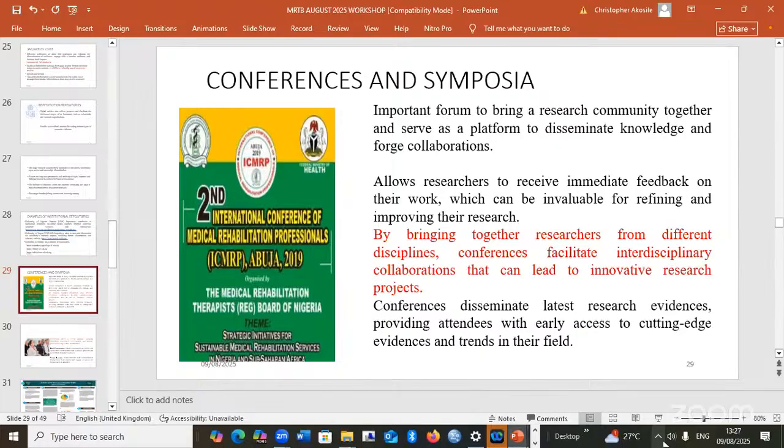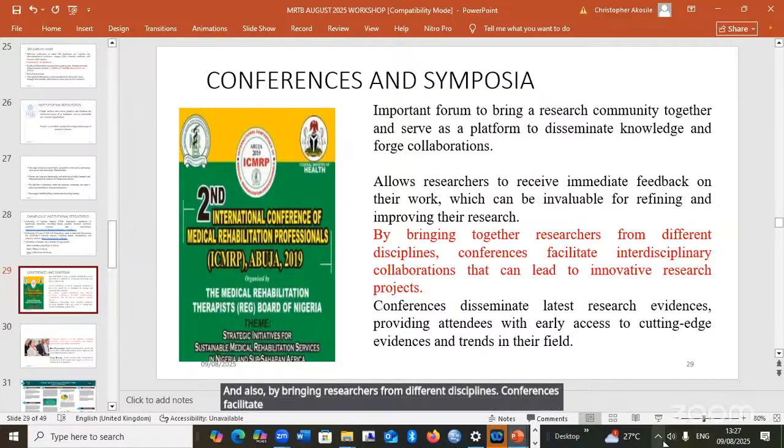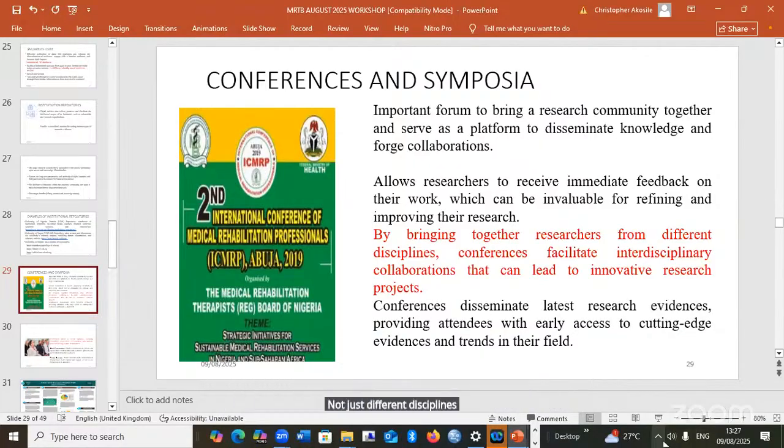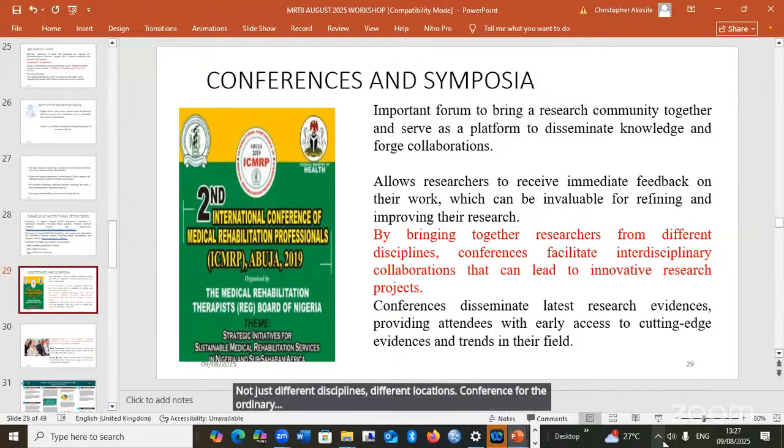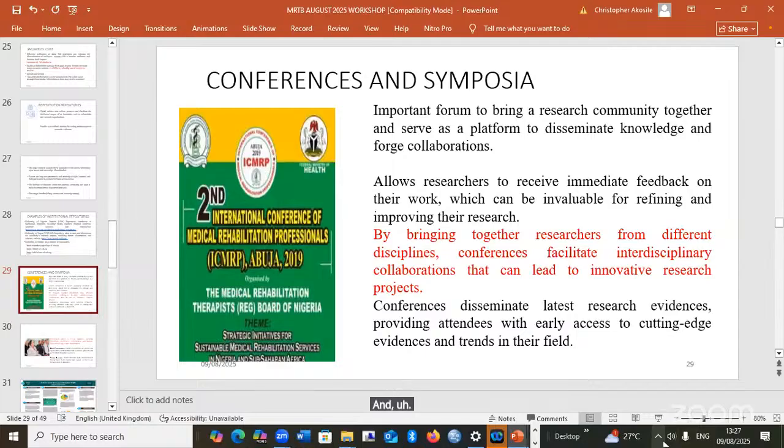And also, by bringing researchers from different disciplines, and not just different disciplines, different locations, conferences facilitate interdisciplinary and multinational or multi-regional collaborations that can lead to more innovative research projects.